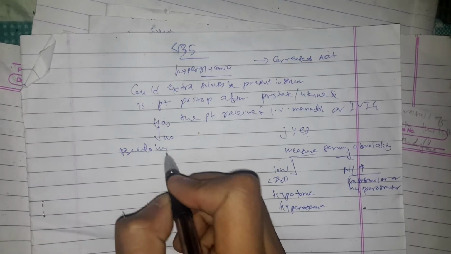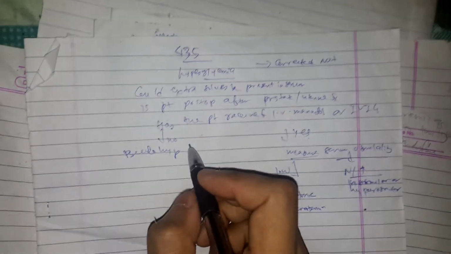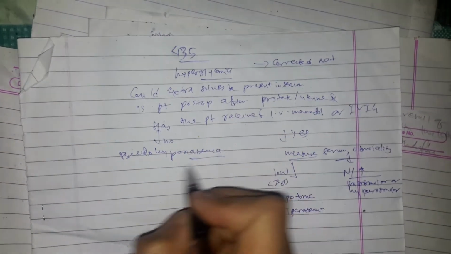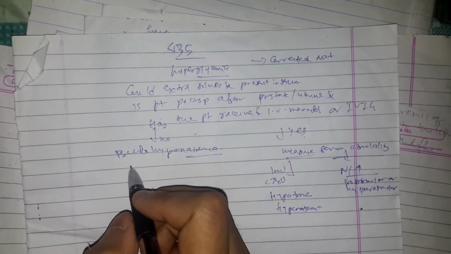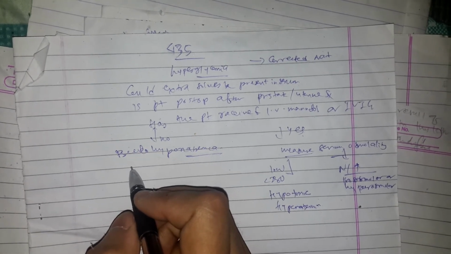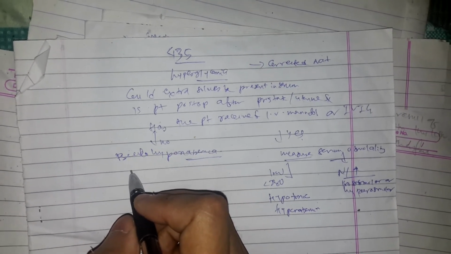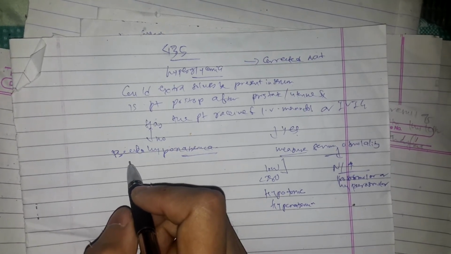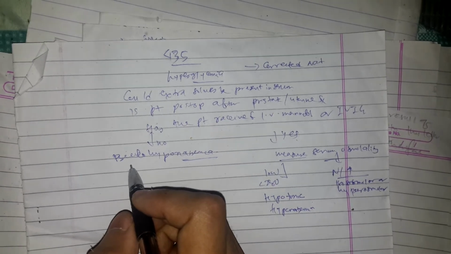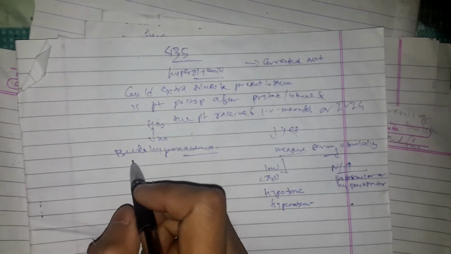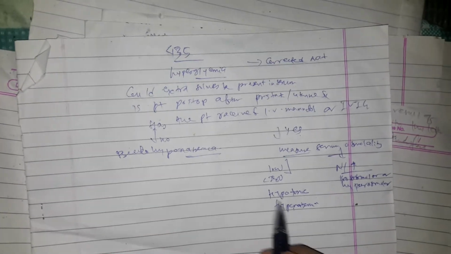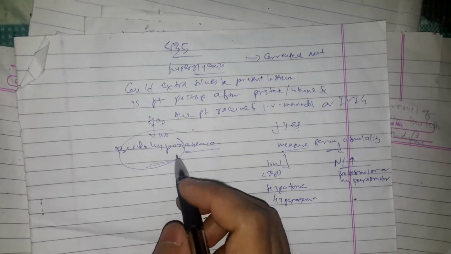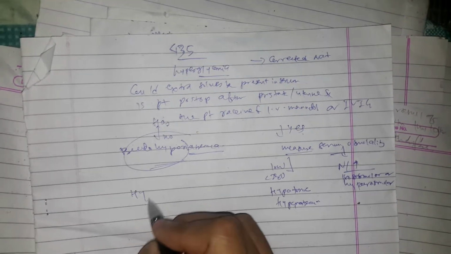So what are the causes of pseudohyponatremia? Maybe due to hyperlipidemia, hyperproteinemia. So, is the serum lipemic? Is the patient jaundiced? Or is there a history of plasma cell dyscrasia? If yes, then you have to measure serum osmolality. And if serum osmolality is low, then it is hypotonic hyponatremia.